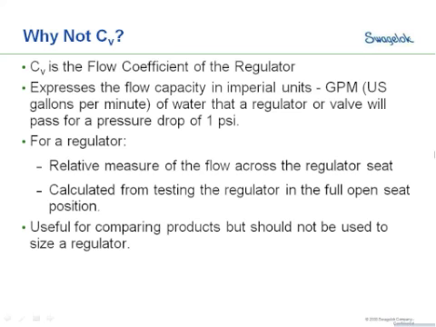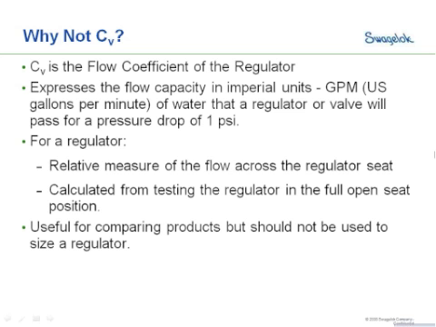Quite often, people will try to size a regulator using the C sub V, and that's really not an appropriate way to do it. The C sub V is the flow coefficient of the regulator. It's a flow coefficient of anything that it's assigned to. A lot of valves are sized using C sub V. It's just not a great way to size regulators. In technical terms, C sub V expresses the flow capacity in gallons per minute, and it's the amount of,